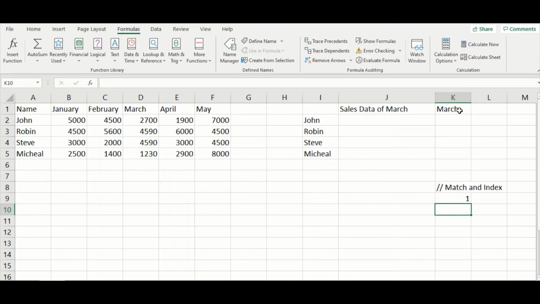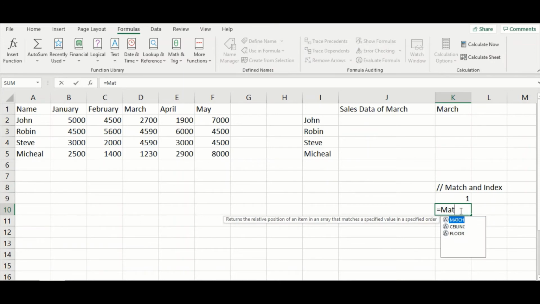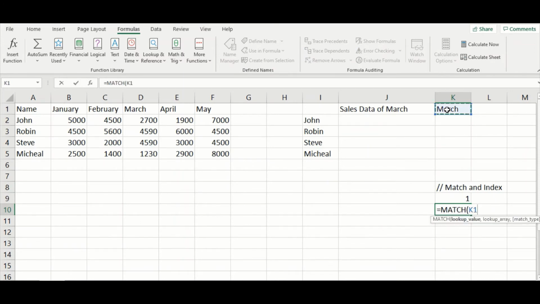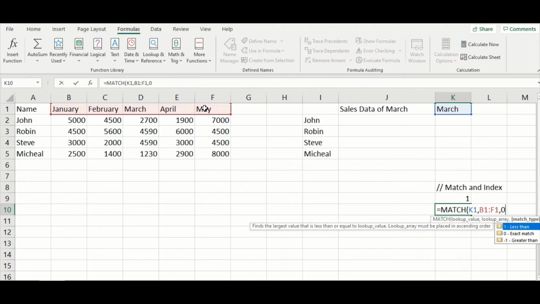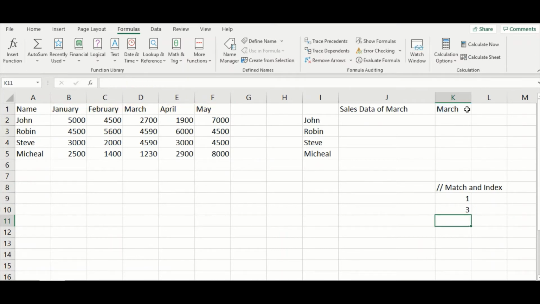Similarly, if I want to search for the index of March, we can do it like this. March, the lookup array will be this, and match type 0. So it equals 3. If I change it to Feb, it will give 2. Now the next is index.